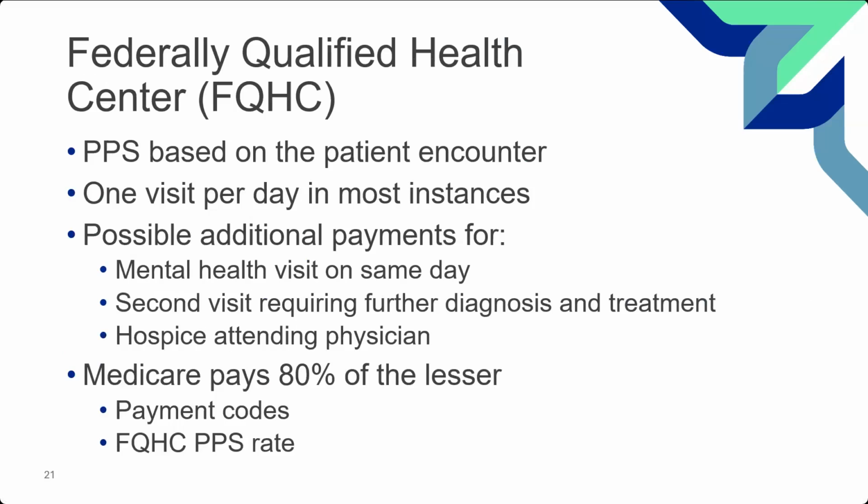If they come back to your FQHC and you could not have anticipated the reason they're coming back, it could give you an additional payment. The example, they were sick, so they came in and they had the flu. Then they were going home. You released them. You got them all good. Yep, got the flu. Do this, do this, do this. And they're on the way home and they fall and break their arm, but they came back to you because you were the closest place, or they fall and dislocate their arm. Guess what? That could be an additional payment. The diagnoses are incredibly different and you could not have anticipated one versus the other. So that's what we look at when we look at these.